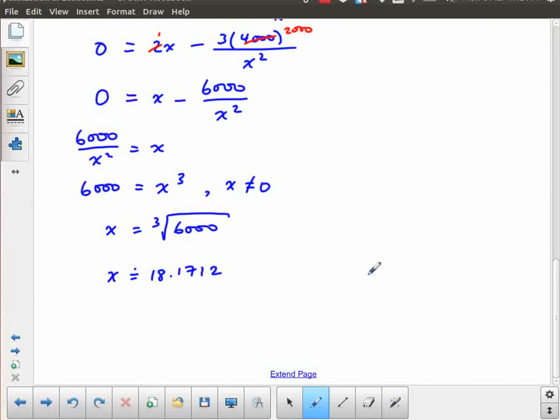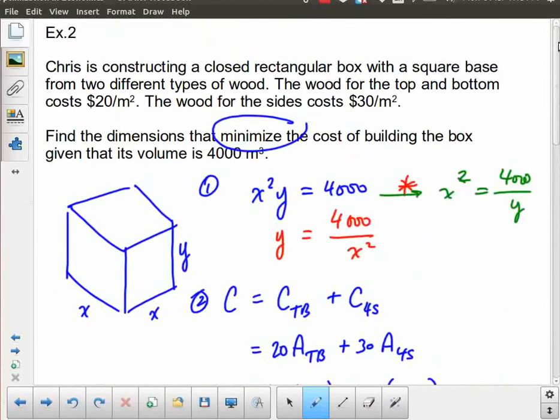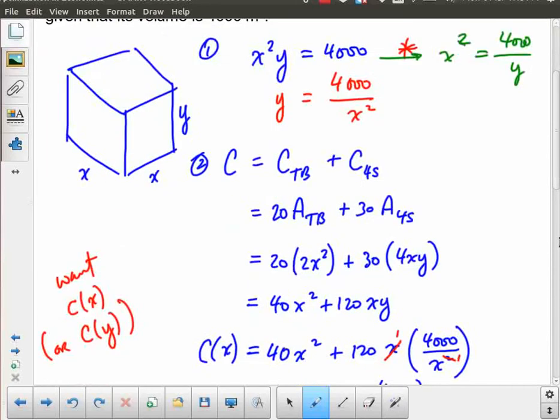So now that I've found that, let's go back and look at what the question's asking for one more time. We want to find the dimensions that minimize the cost of building the box. So we have found a local extreme value, a local extrema. We don't know if it's a maximum or a minimum,